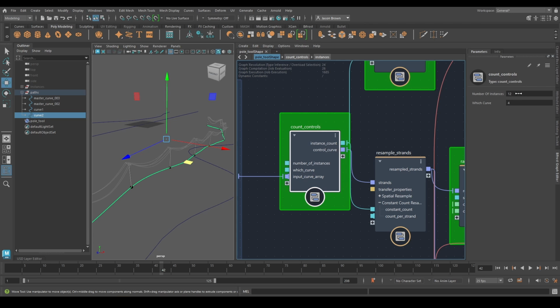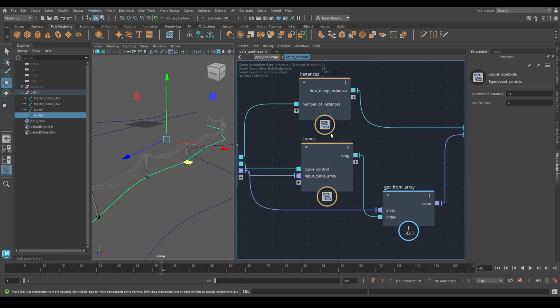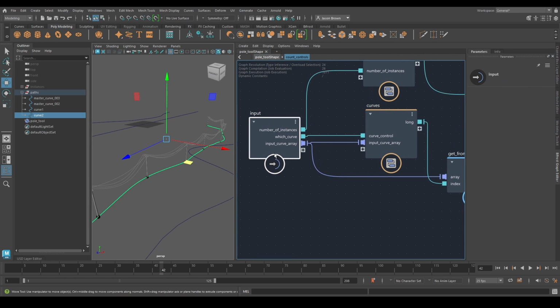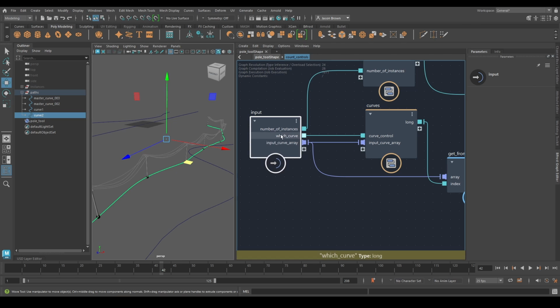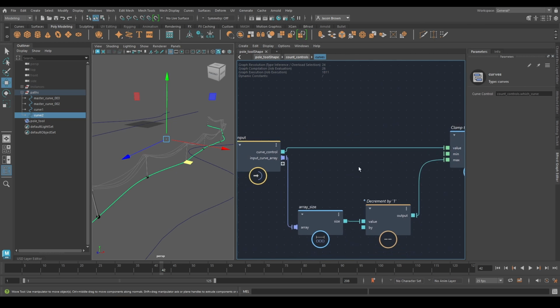So I can go to count controls again, we can just push that up, and you can see the points on the curve. The resample is calculating the points on the curve, and we're just instancing a pole on it. That's how that works. As far as the controls for the control curve, again, this is just taking in a number. It's taking in an integer, and in here,